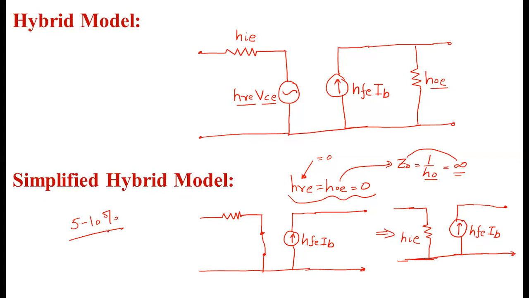So it is okay, but it reduces the complexity in calculating all the parameters like AF, RIF and ROF, where AF is the voltage gain for the feedback amplifier, RIF is the input impedance with feedback, and ROF is the output impedance or resistance with feedback. So we have to calculate all these parameters with the simplified hybrid model. Next we will discuss the simplified hybrid model for various topologies.